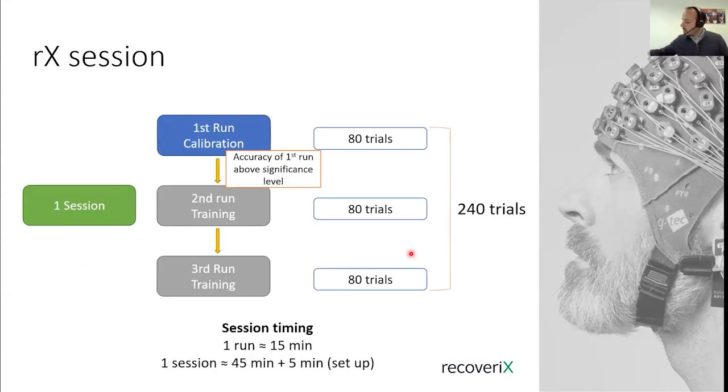So this diagram tries to show how the session is composed. One session is composed of 3 runs. Each run is a series of 80 repetitions or 80 trials. The first run is always in calibration mode. Each run takes 15 minutes more or less, a bit less. So let's say the first run takes 15 minutes, so the first 15 minutes of the therapy each day